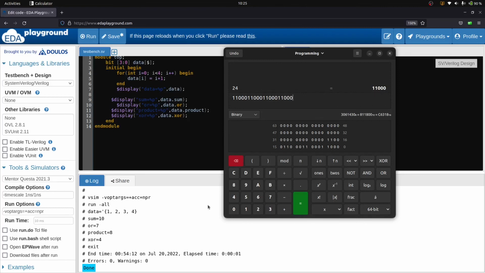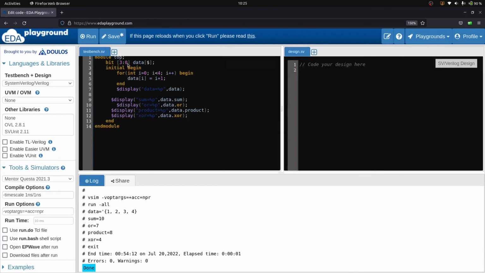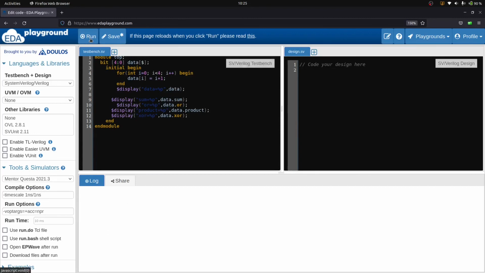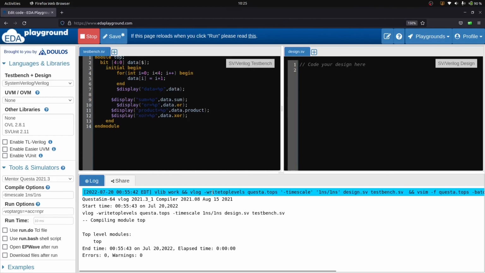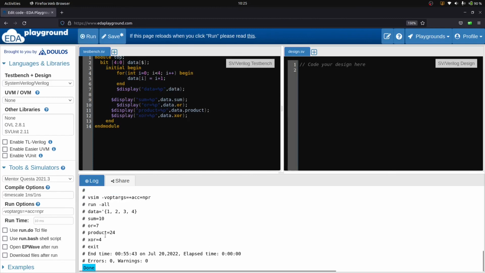That's why it is giving only 8, right? To improve that, we can increase the width and run this code again. Right, now you are getting 24, 4 into 3 into 2 into 1, right?